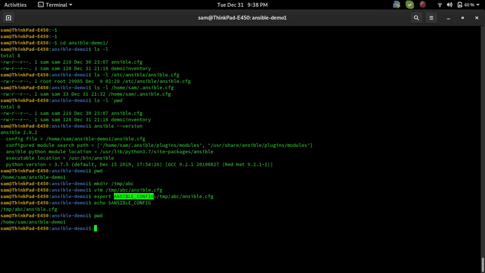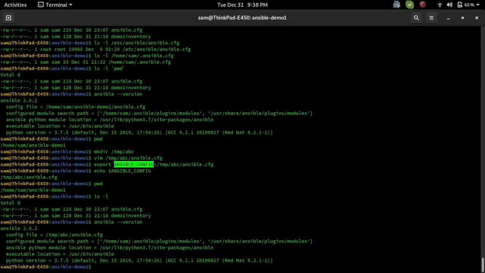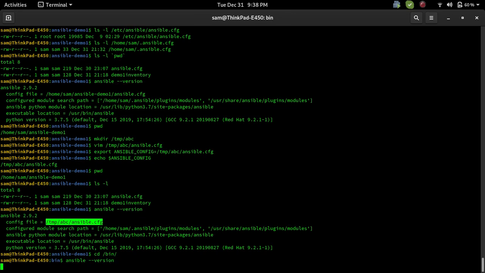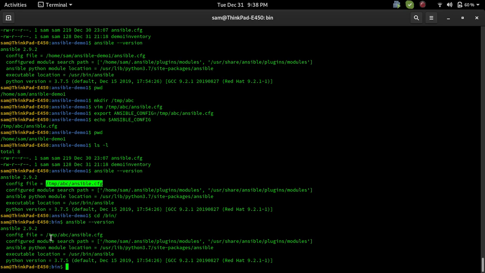I'm in the same location here, and I also have the ansible.cfg in this particular location. When I check ansible --version, it shows which file is going to be used; this is the global one. It doesn't matter if you are in /bin, you can still use this one. So the sequence is,